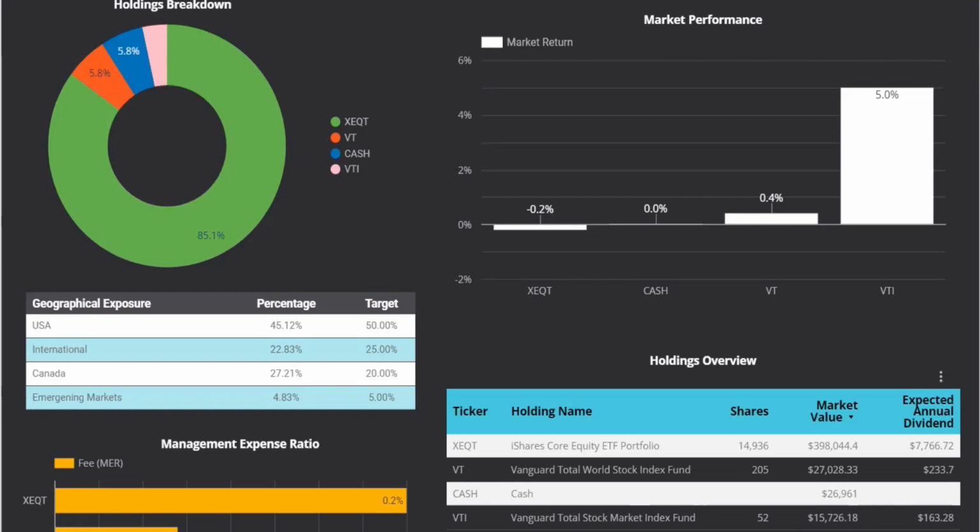The other holding that I added in my RSP account is VTI. Through VTI, Vanguard Total Stock Market Index Fund, you get 100% exposure to US companies. It is for the US in total stock market. Through holding on to VTI, which is at approximately $16,000 USD, I try to expand and increase my exposure to